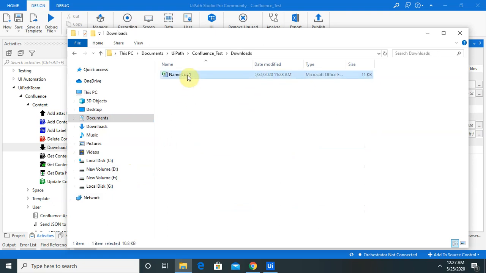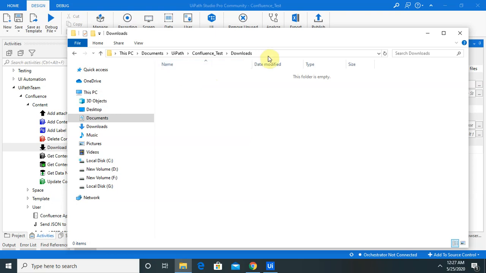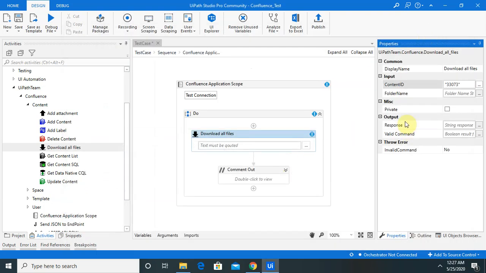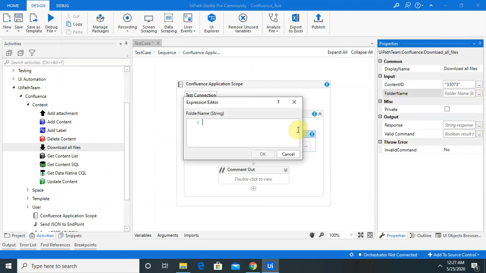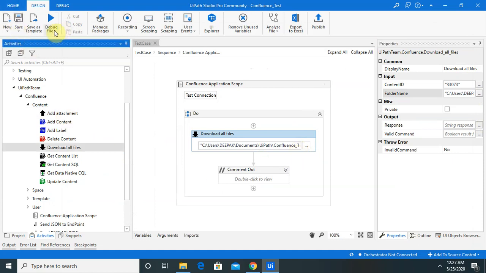It's already downloaded because I have already tried this. Let me delete this and copy this path. The complete path should be pasted here. Now it's done. Let me save and run my activity and see how it looks.